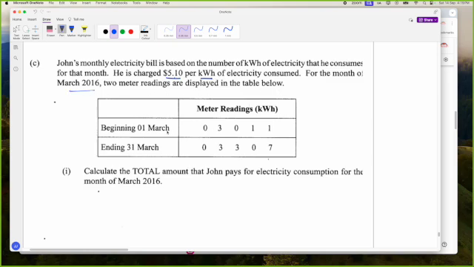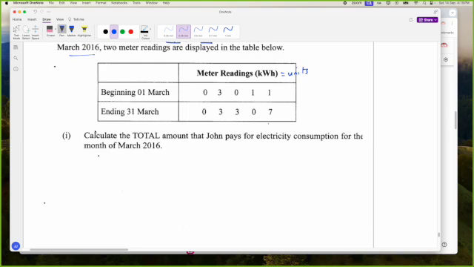This is the first meter reading at the beginning of March, 3011. This is the second meter reading at the end of March. So for how many units, remember this is units, how many kilowatt hours did he use? Calculate the total amount that John pays for electricity consumption for the month of March. So therefore, for the month of March,